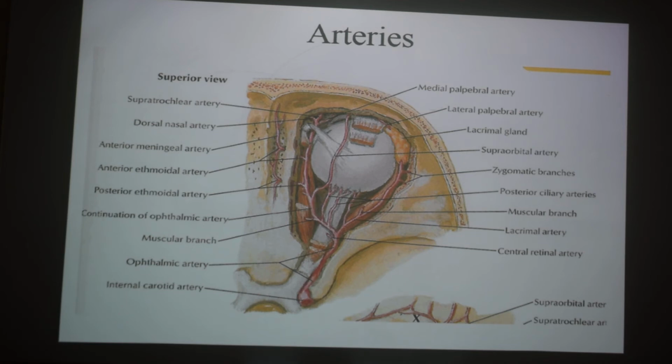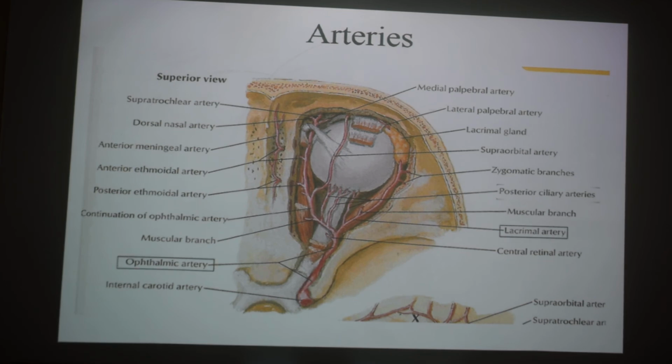The major vessel which is coming into the orbit is the ophthalmic artery, and you can see the branches of the ophthalmic artery which are coming here. The lacrimal artery, you can see the short ciliary artery, the nasociliary artery. So these are the vessels which are coming out from the ophthalmic artery. The major artery which goes with the optic nerve is the central retinal artery, which runs in the optic nerve and enters into the eyeball. I'm not going to go into all of these branches. You can just see them here. There are 11 branches of the ophthalmic artery,